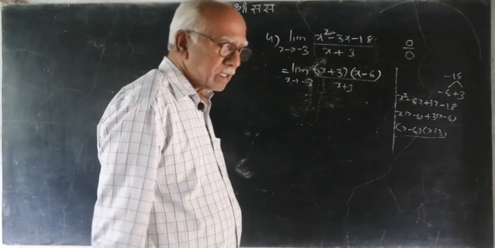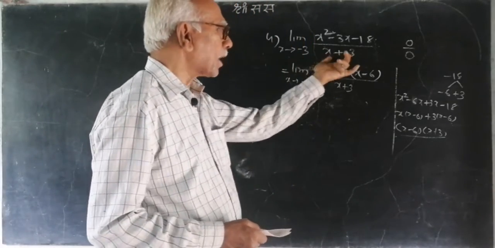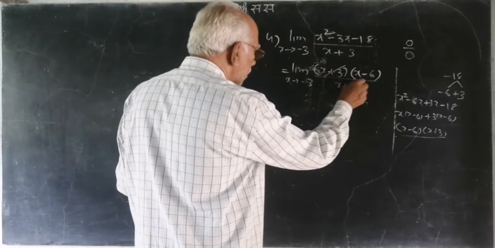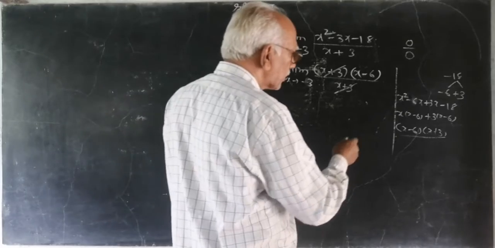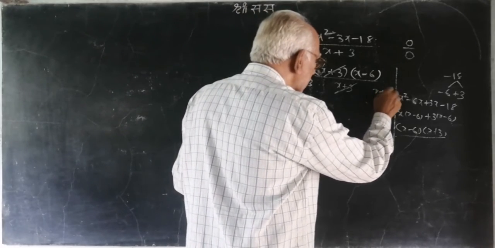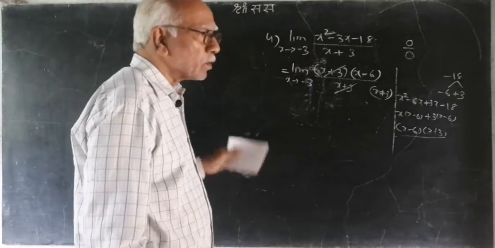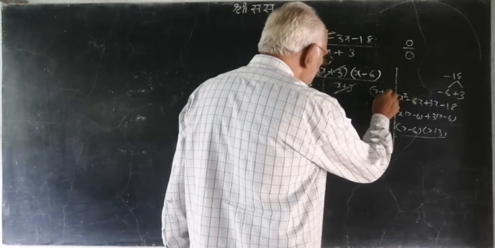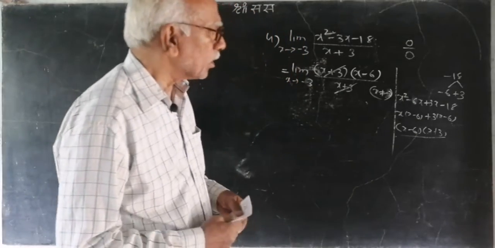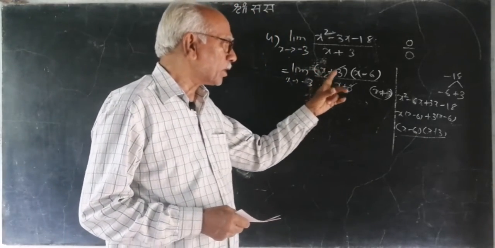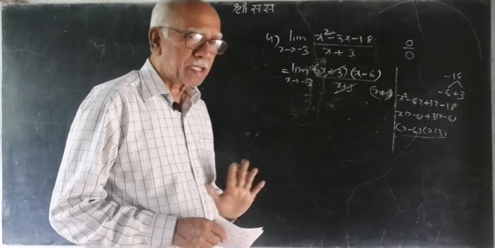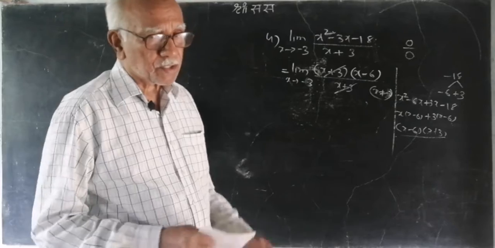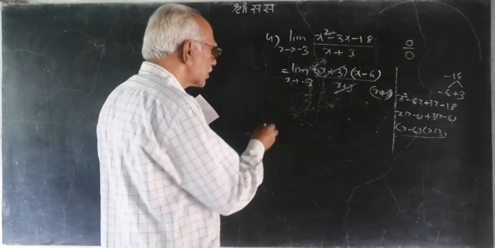In case of a quadratic, if you know one factor, you can write down the other factor easily. Now what will we do? You will cancel x plus 3 with x plus 3. But here we have to give the convention x is not equal to minus 3, because when x becomes minus 3, it will be 0 by 0, and 0 cannot be cancelled. It is a limiting convention. x will never be minus 3, it only tends to minus 3.